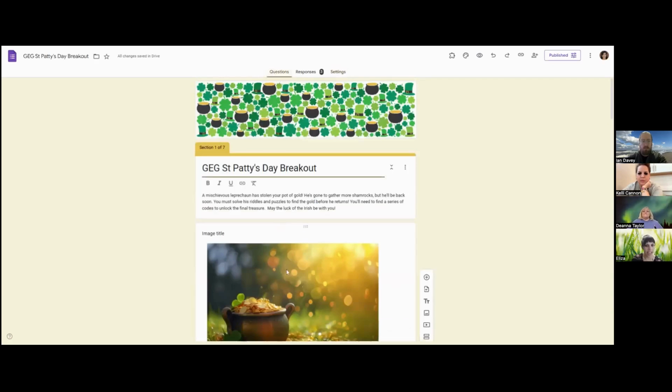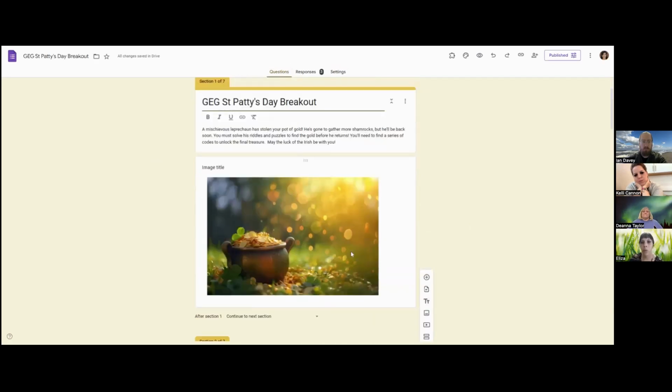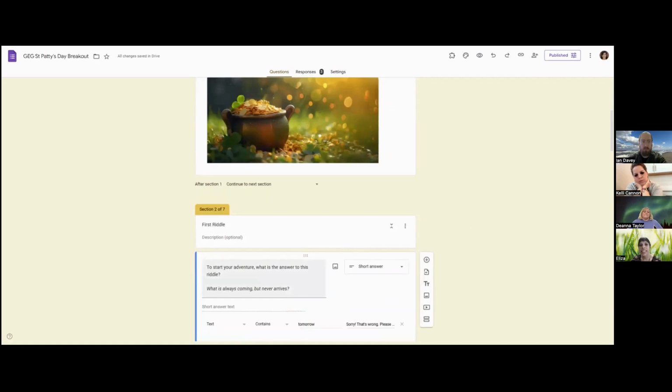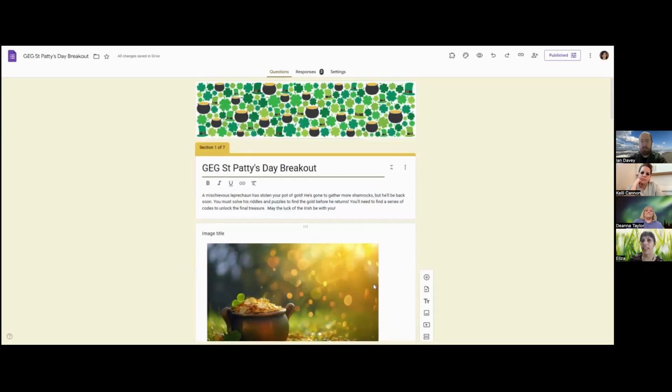Like I said, it's a great way to wrap up a unit or act as a study guide or even an assessment. You can also do this as more of a web quest where you have different links to different sites where students have to analyze a page or read an article and find a clue, find a code word or something like that, and then come back to the form. So you can have it link out and go all over the web. That's up to you. And another fun thing I wanted to mention with this particular form, I had Google Gemini create it for me. So I can show you what that looked like super fast.